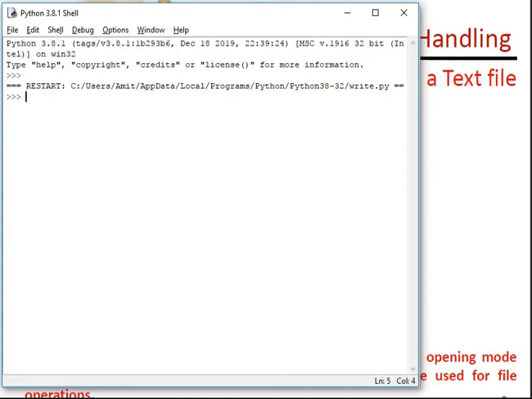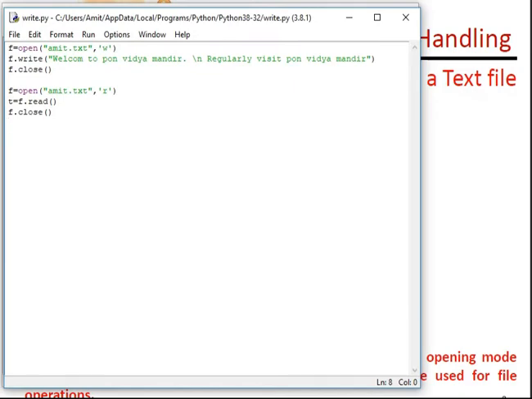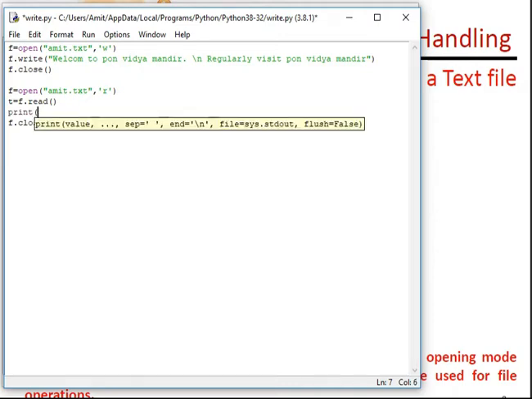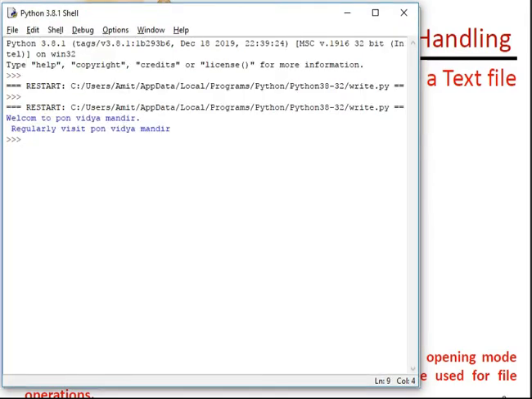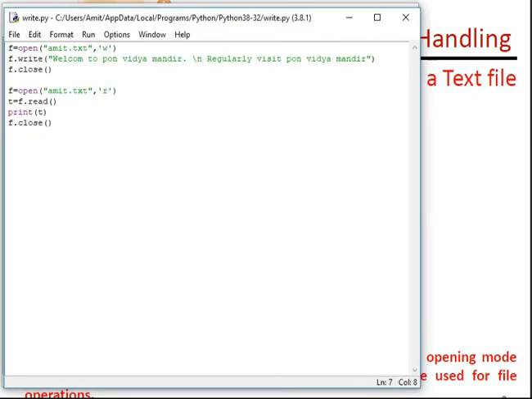So what we are missing here is, it has been written and the text file has read the data, but I have not used the print command, so it has not been displayed. So I will use the variable t in that print command. Then I will save, then I will run it. So it will show the reading part. If I use only one command, only the reading part, because writing has been finished.